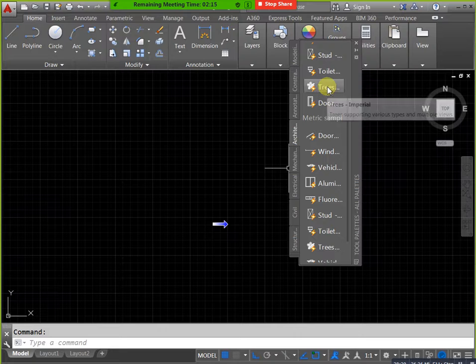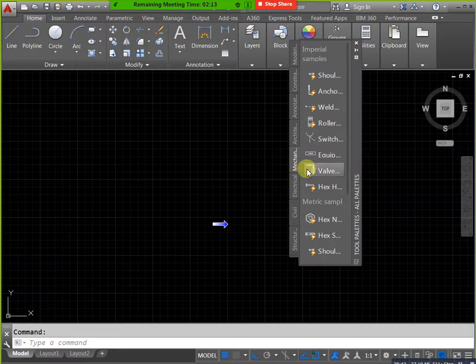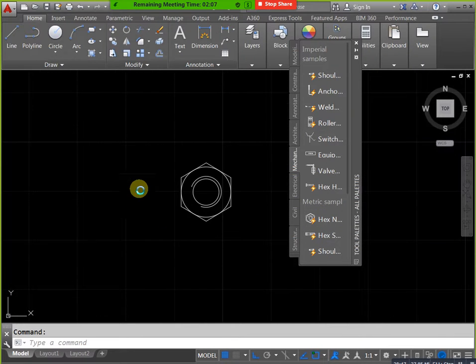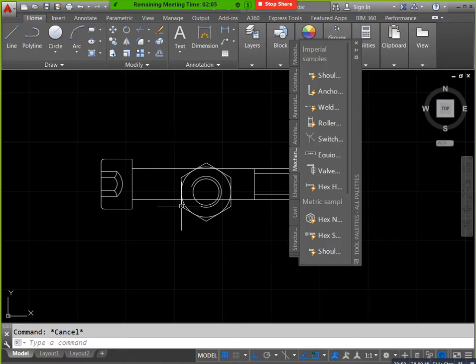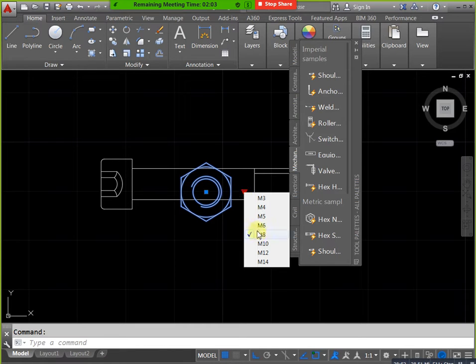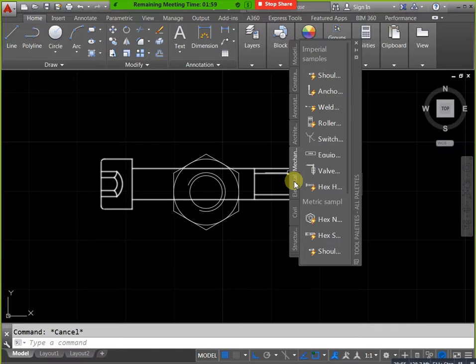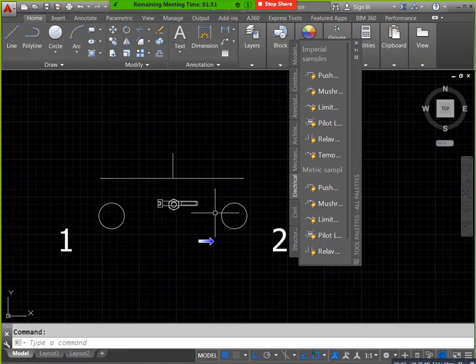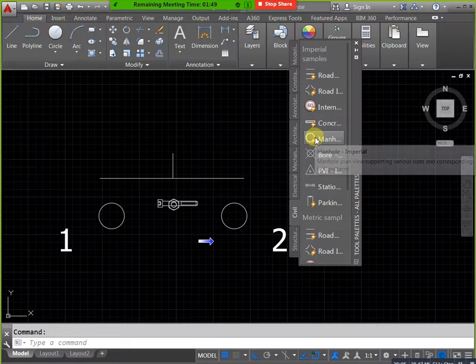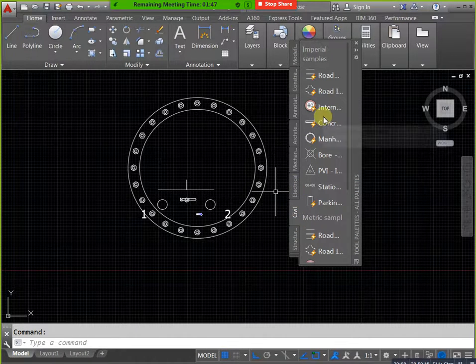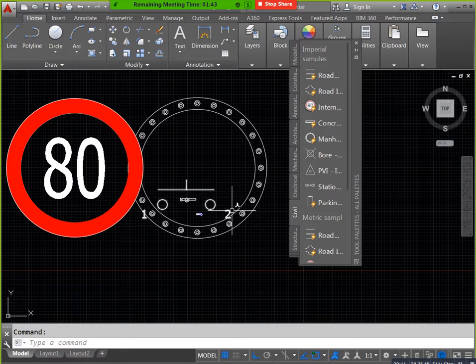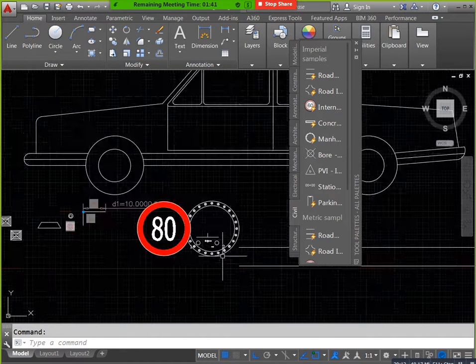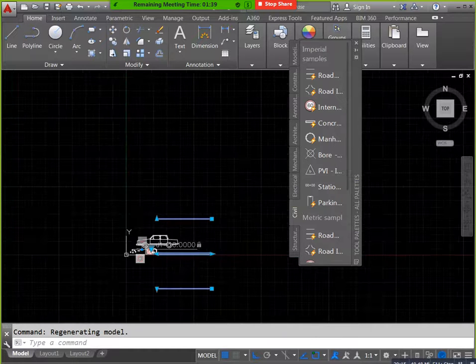Next, civil type, for example if you need to mention any manholes, or any type of, for example, speed symbol, this one RPM, you can use. Road dividing, 2 sections or 3 sections you need. If you need more sections, you can click on this drop down and you will get, for example I need 4-way, this type. If you need a road junction point, you can use this one. Under structure, these are blocks. If you need direct iron, see, this is our R-frame.